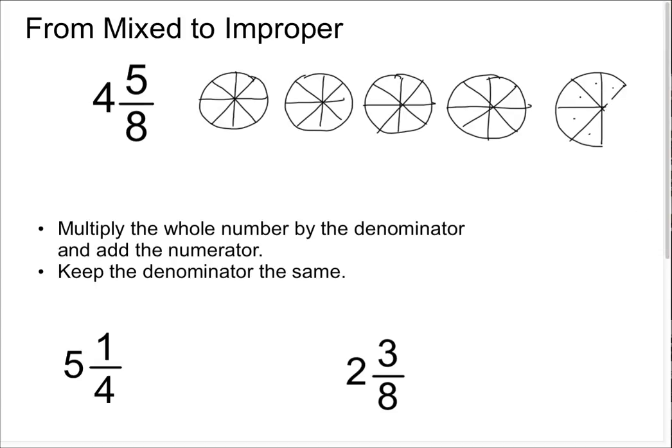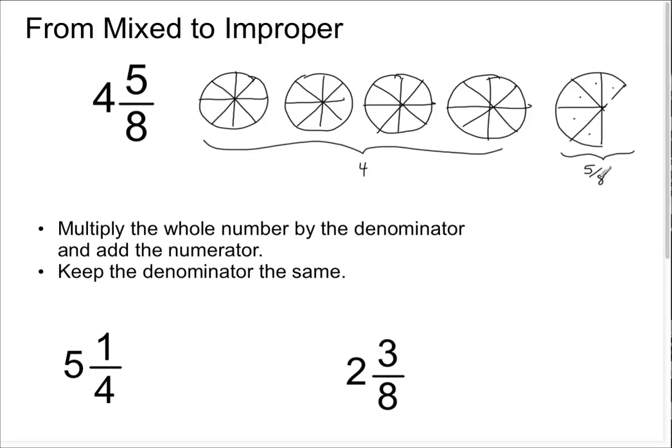So there is how I represent 4, there's 4 holes, and this is 5 pieces from something that's been split into 8 parts. So there's where we get the 4 and the 5/8. Now,